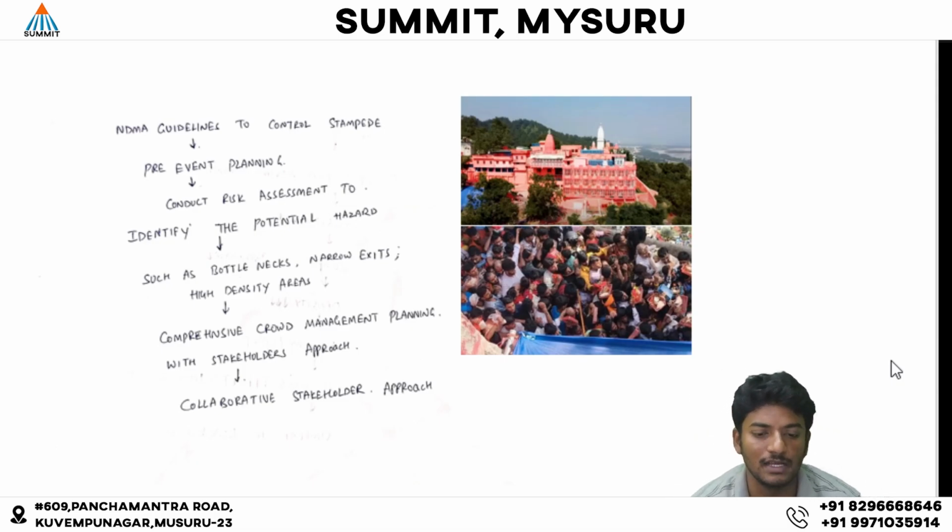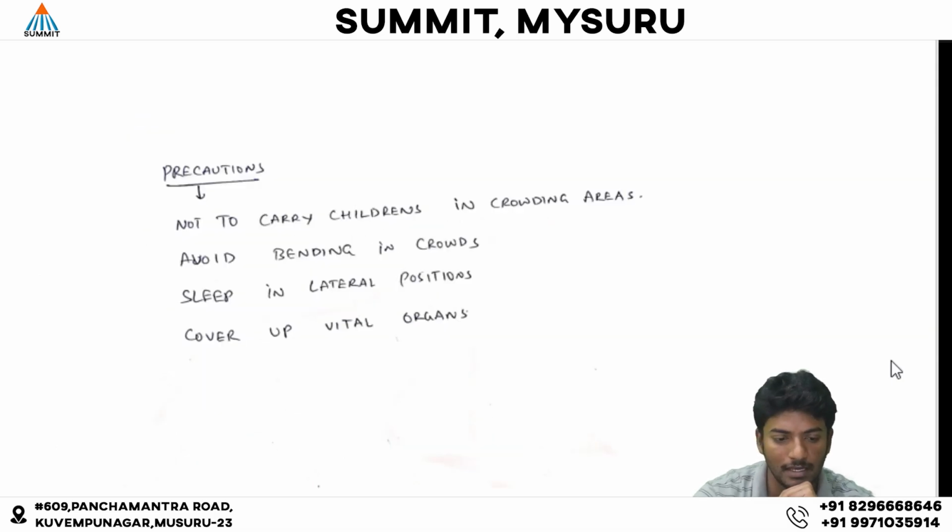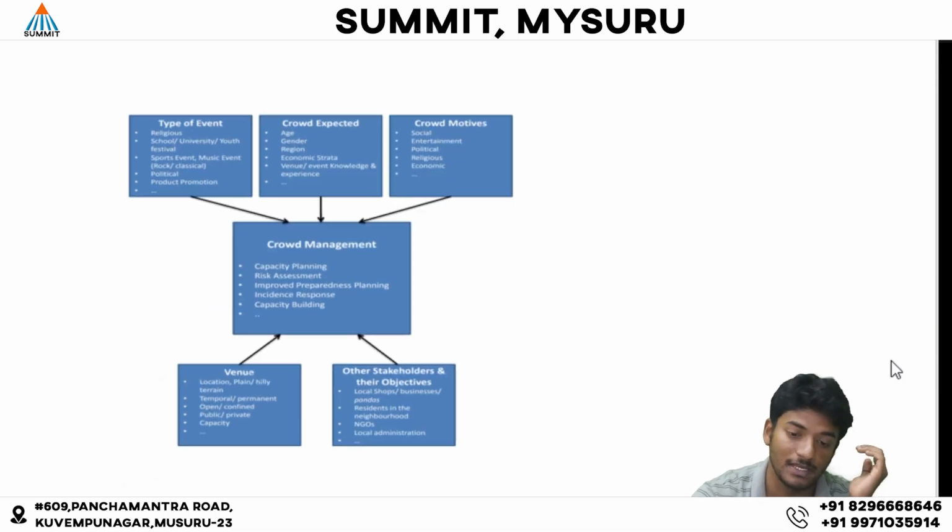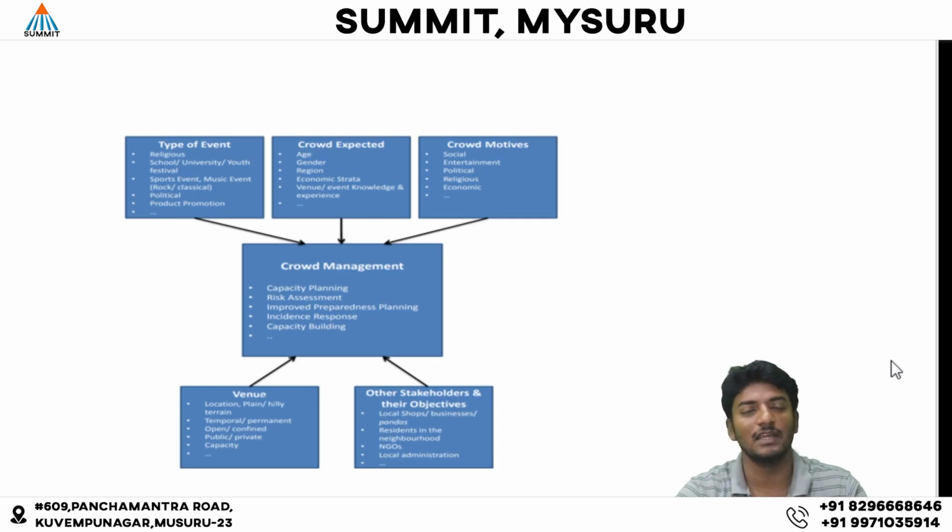Pre-event planning includes identifying the potential hazards and identifying the bottlenecks, that is, the narrow exits. The NDMA guidelines have prescribed a collaborative stakeholder approach and a comprehensive crowd management plan. The comprehensive crowd management plan includes the pre-event assessment. I mean, before the event takes place, we have to assess the type of the event,